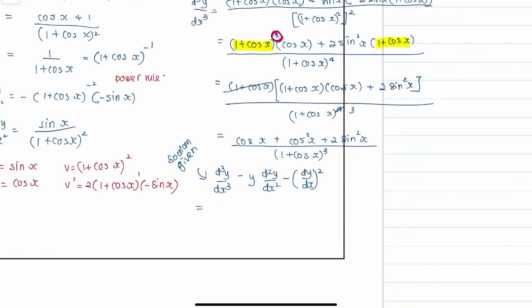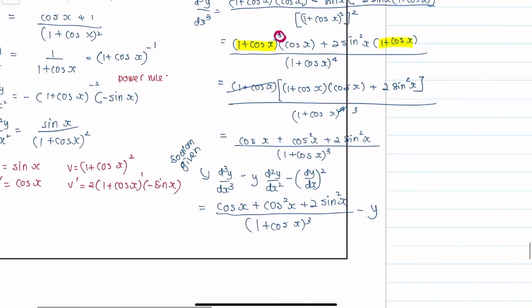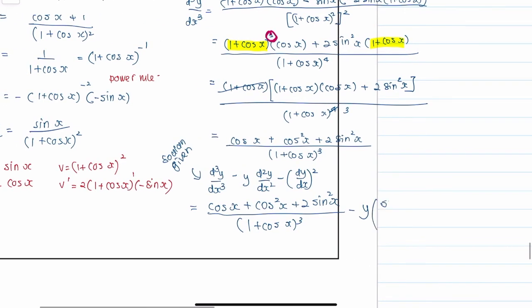So, kita buktikan dapat kosong ke tak. So, masukkan d cube y. So, this is our d cube y, sin squared X over 1 plus cos X cube. So, minus Y. So, d2y over dx square tadi kita dapat sin X over 1 plus cos X square minus,